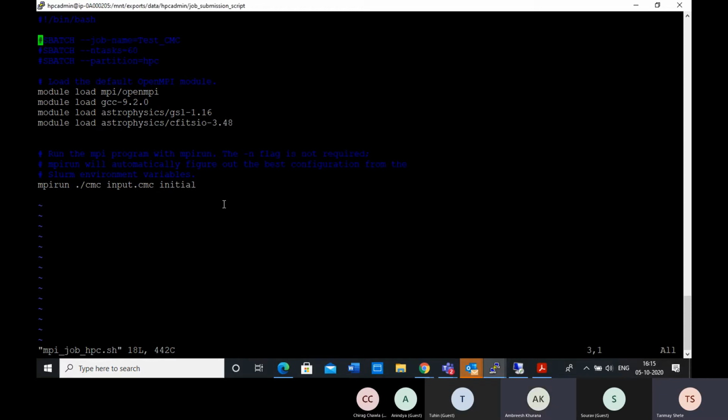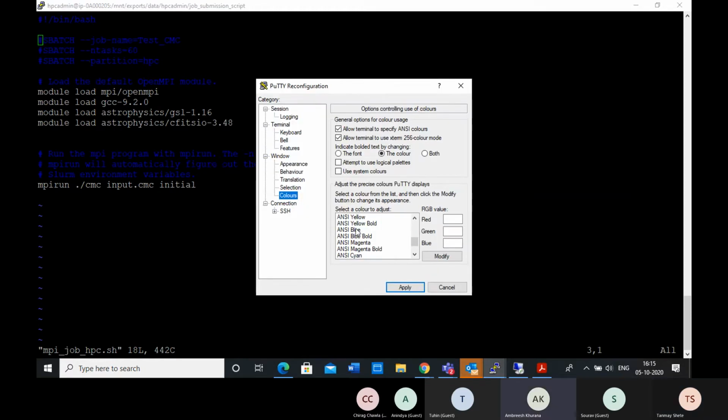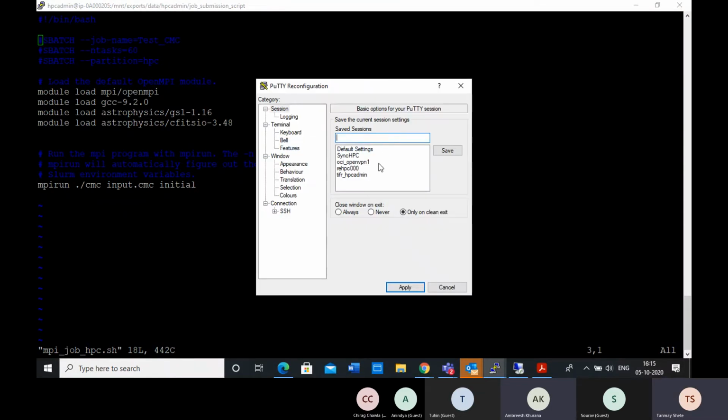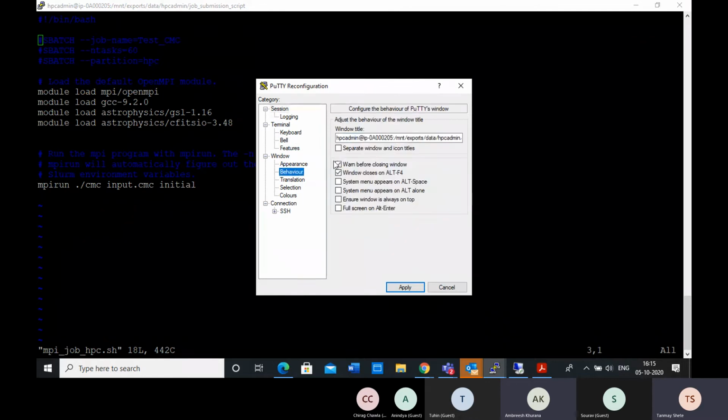Tanmay, the second option in this window is to indicate bolded text by changing the color selected. So maybe that's why some is blue and some is white. Maybe if you change the font. Okay, sorry, no, it didn't change.